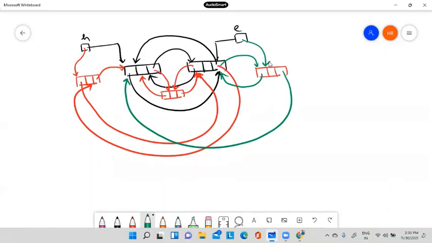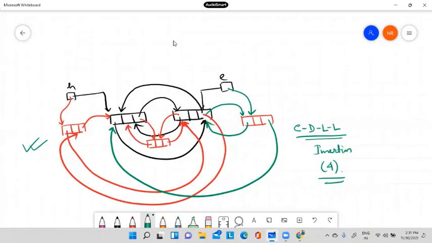Okay, so in all the cases, in case of a circular doubly linked list, at insertion we require 4 address changes. We are not going too much into this doubly linked list because this is only for theoretical purposes. No need to go for the implementation.